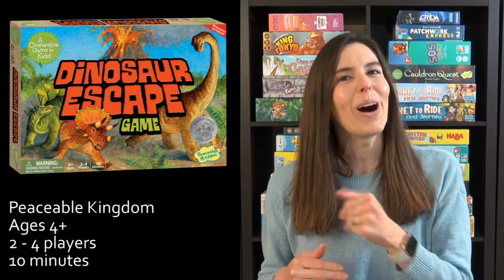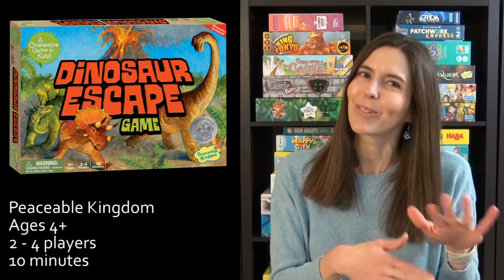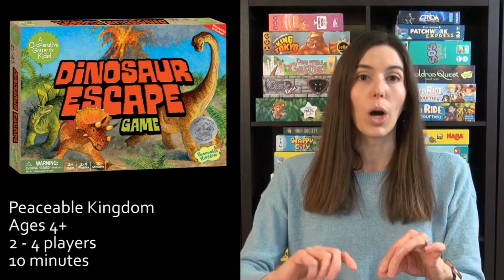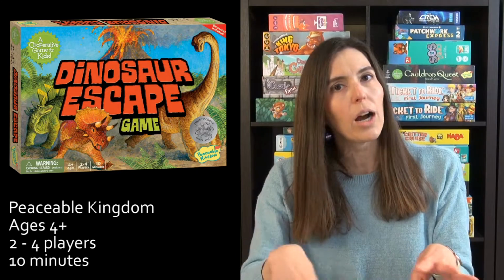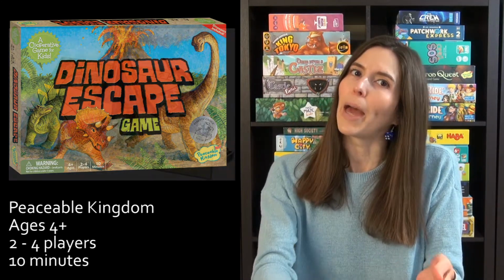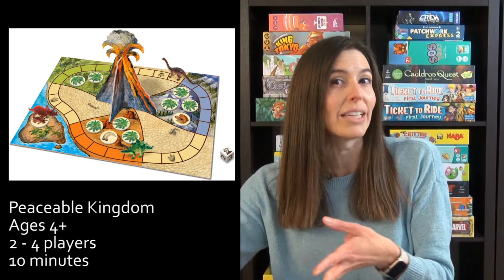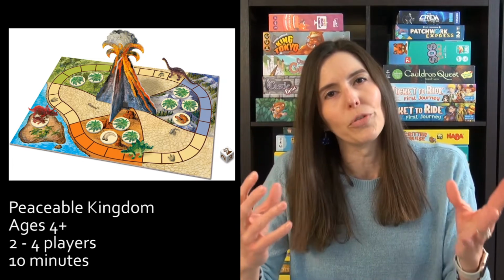First up, we have Dinosaur Escape, which is a cooperative game by Peaceable Kingdom, which specializes in cooperative games for little kids. And in this, you are trying to roll a die and have your 3 dinosaurs move around in a circle and try to match them up with the correct tile that matches the dinosaur so they can escape to a nearby island before you roll the volcano too many times, and then you've assembled the volcano and